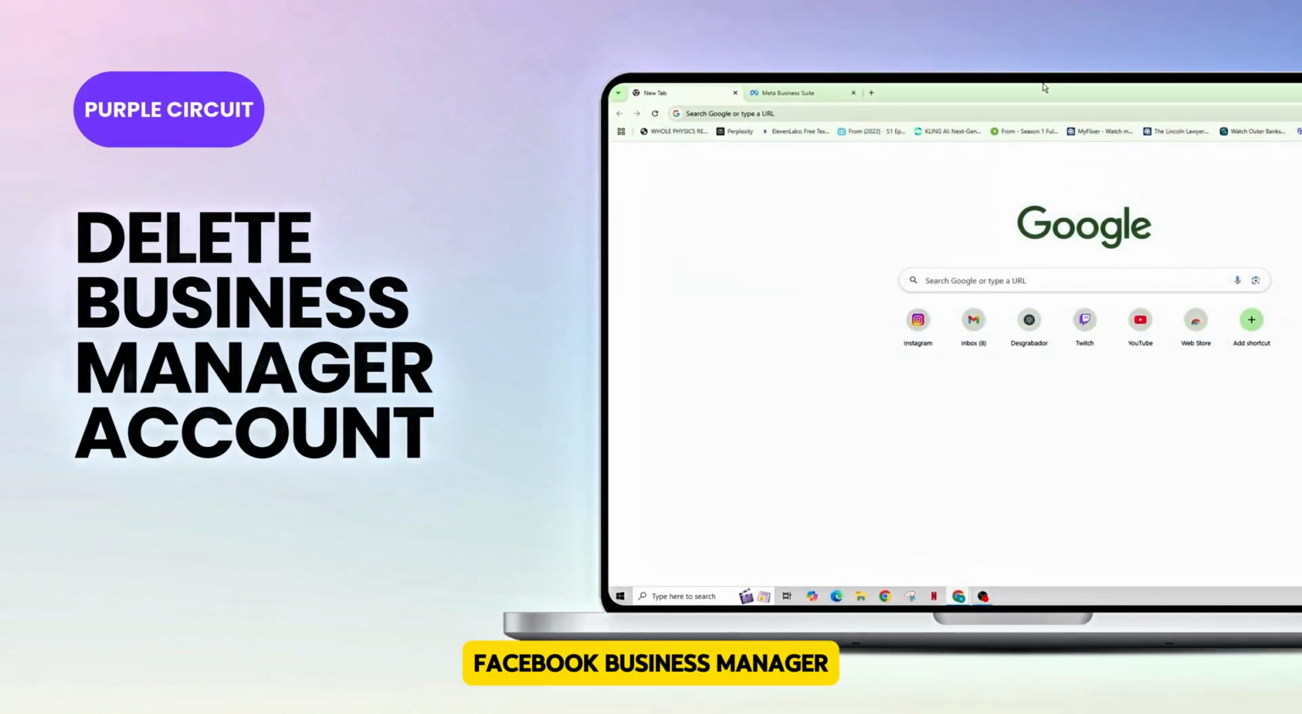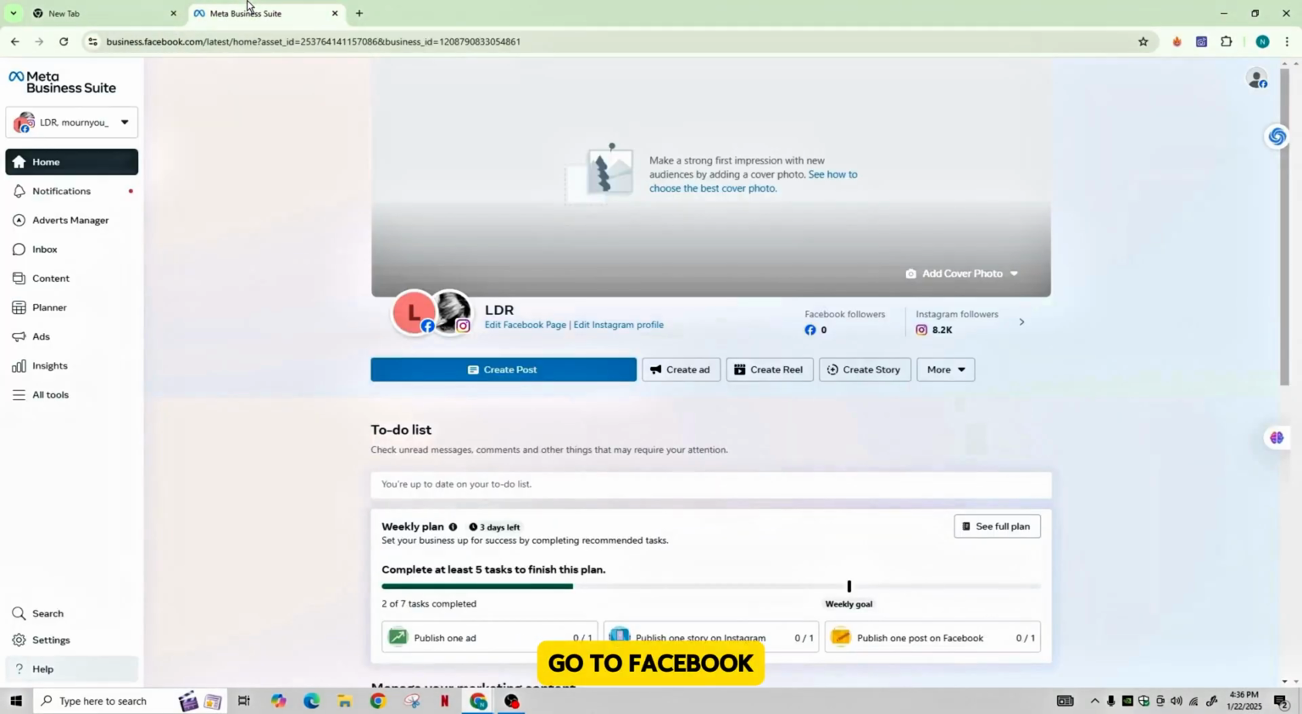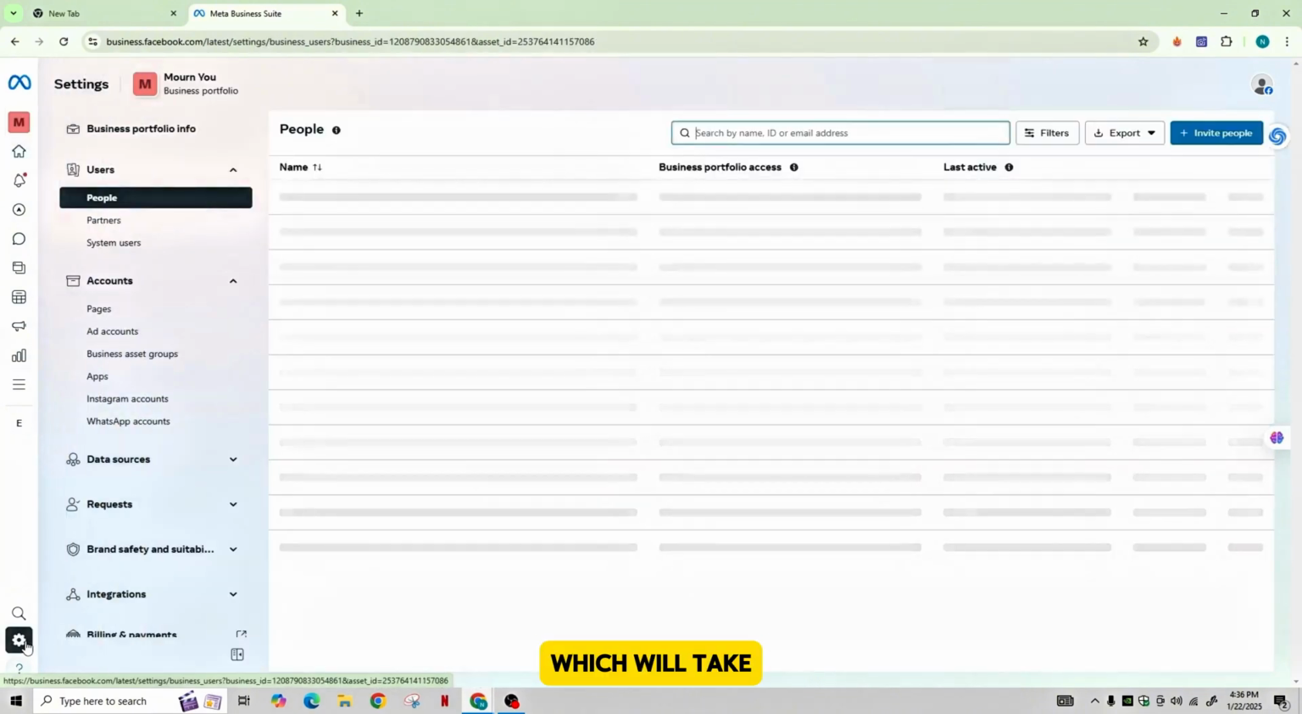To delete a Facebook Business Manager account, you need to follow these simple steps. First of all, go to Facebook Business Manager and log into your account. Now click on the settings icon in the bottom left corner of the screen, which will take you to the